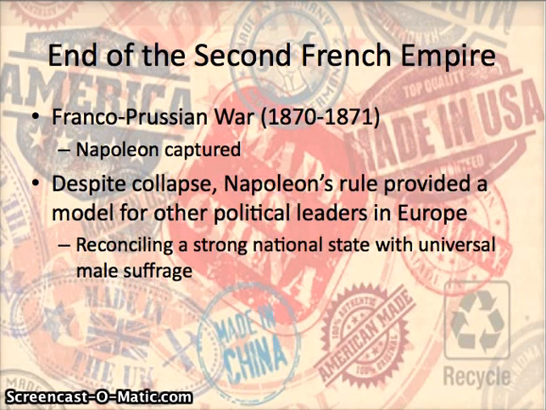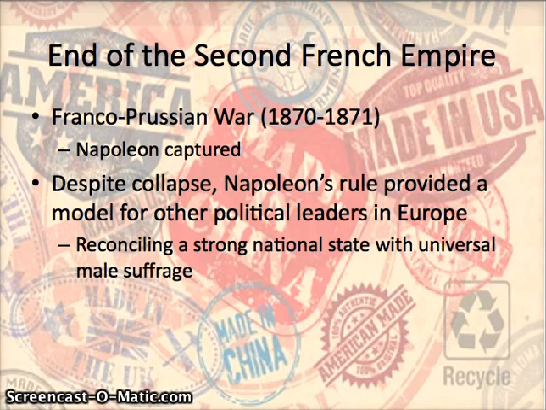And lastly, how does the Second French Empire collapse? Well, really importantly, France goes to war with Prussia, which we're going to talk about in much more detail when we talk about the unification of Germany. All right. During the course of this war, first off, France is defeated very, very handily by the Prussians, and also Napoleon is going to be captured by the Prussians. So this is going to cause the Second French Empire to collapse.